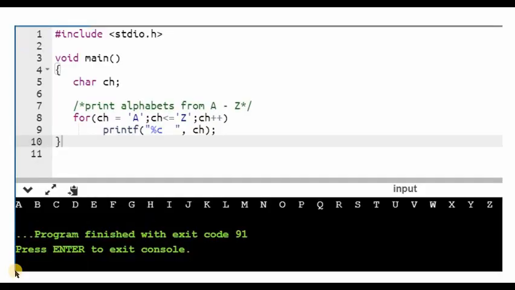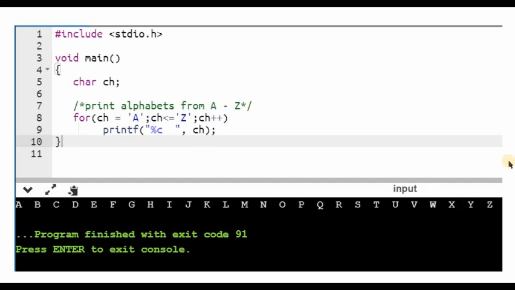There are many other interesting arithmetic operations that we can perform on a character. Here I am trying to print alphabets from A till Z using a for loop. The starting alphabet that I want to print is A and the ending alphabet is Z. Even though we have written characters here, internally it's the ASCII code that will be used to run this for loop. And even when I perform ch++, it is the ASCII code that is incremented. That is how this program works. This is the output of the program. So the program outputs all the characters from A till Z.